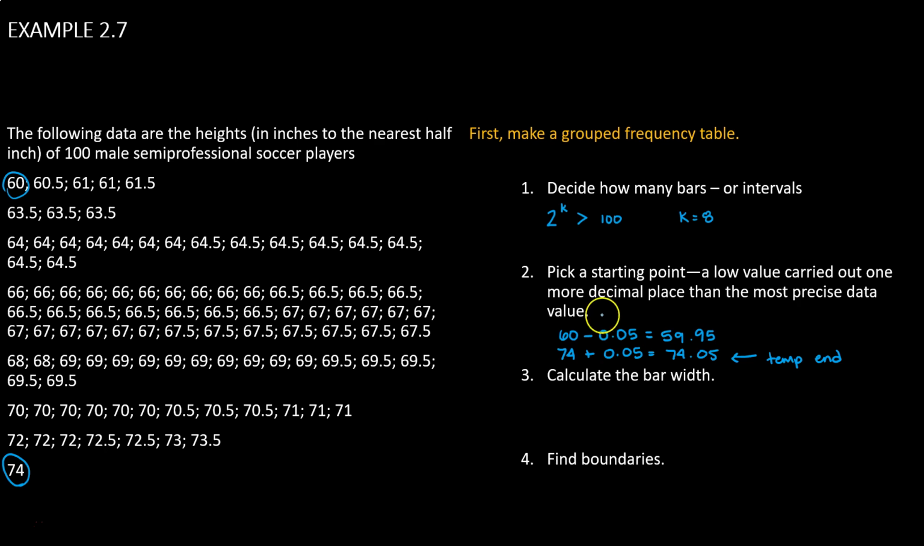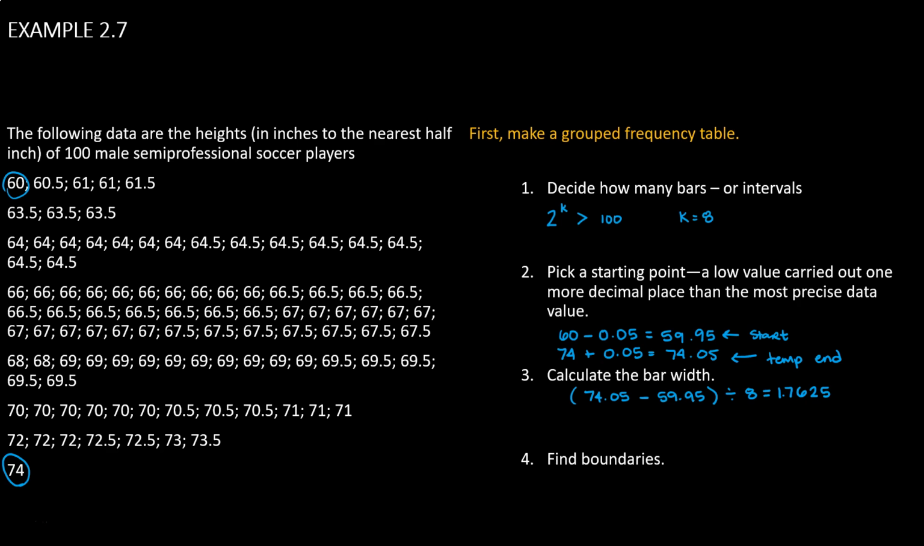So we'll take our starting place away from our temporary ending spot and divide that by the number of bars we've chosen. This is going to come out to be a decimal value. But to make things easier on ourselves, we're not going to allow our bar width to be anything but a whole number. So we just calculated that the bar width should be